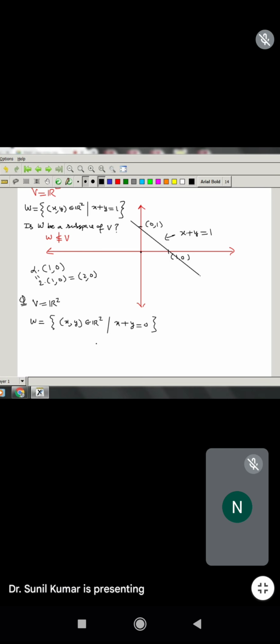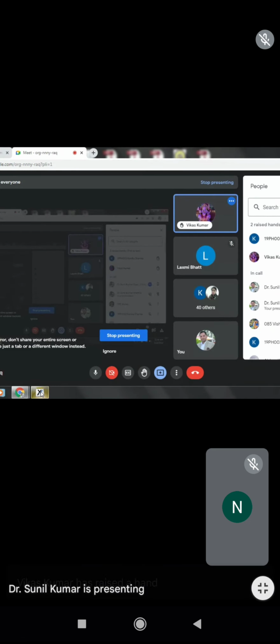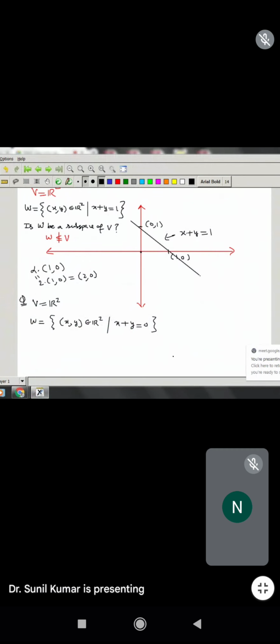If you know the answer, click on raise hand option. Yes. You click. विकास. सर सबस्पेस होगा सर, कैसे होगा? क्योंकि सर उसमें एडिटिव इनवर्स भी एग्जिस्ट करेगा, क्योंकि सर x प्लस वाई इक्वल टू 0 है, तो सर वो -x प्लस -y इक्वल टू 0 भी होगा उसमें, और दोनों ही R2 में है तो सर वो बिलोंग करेगा. यस सर. विकास के अकॉर्डिंग W इज अ